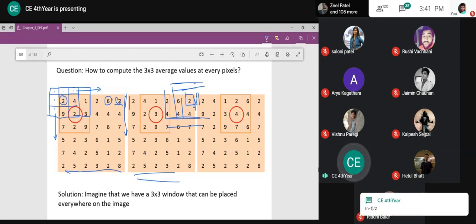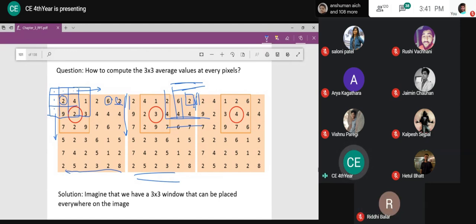So you are correct. Otherwise, if you are going for that, the result will always be an integer, or you are taking it in float. In that way, you are correct. Where n is not the size of your image, n is the size of your sub-image. Suppose it is 5 cross 5, then 5 minus 1 by 2, that is 2 on each side you need to pad. If it is 3 cross 3, 3 minus 1 by 2, that is 2 by 2, that is 1 on each side is required to be padded. So n minus 1 by 2 is required to be padded.